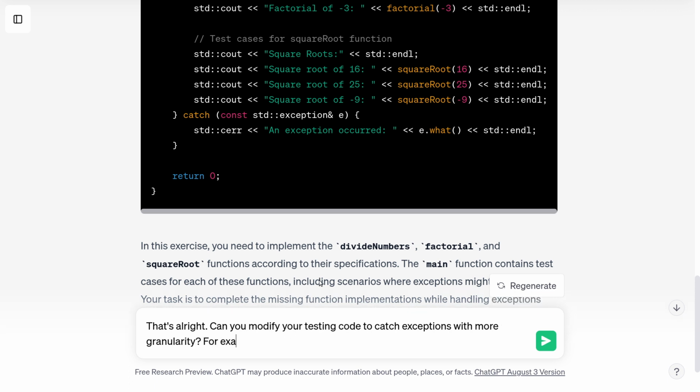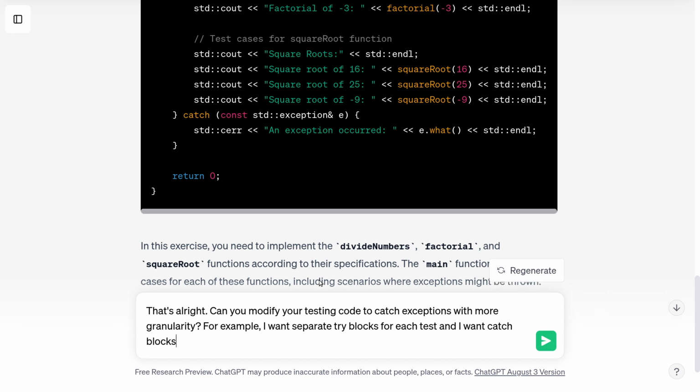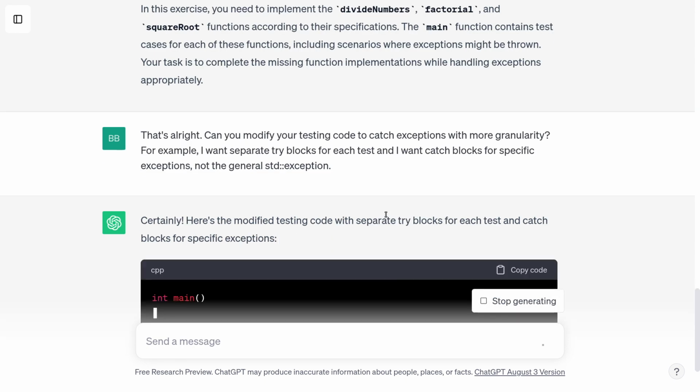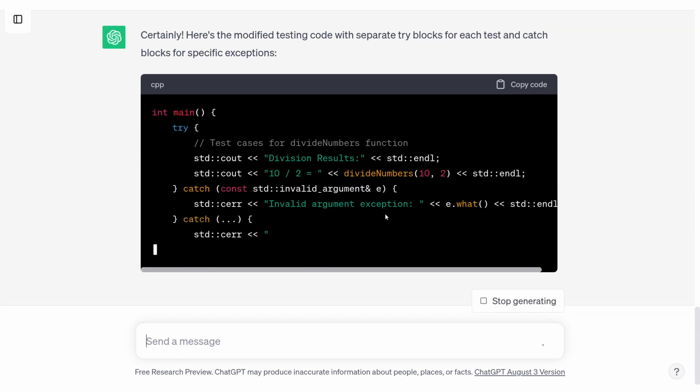So, for example, I want separate try blocks for each test, and I want catch blocks for specific exceptions, not general ones, not the general std::exception. It should be able to understand that request. Okay, so here's a new main.